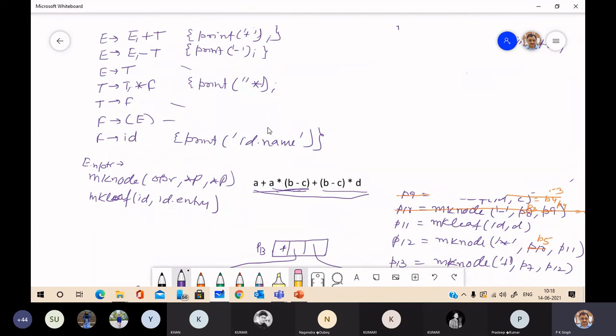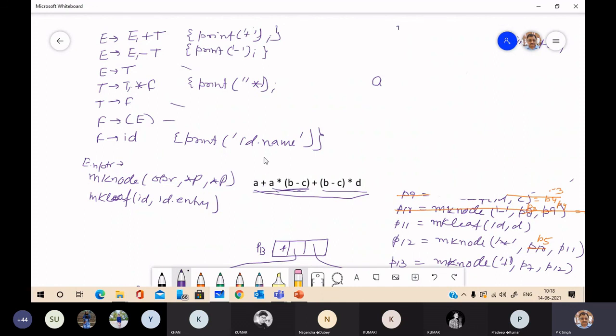So just see the action. First, A is shifted and reduced to F. Then it will take this action. It will print A. Then this plus is shifted.